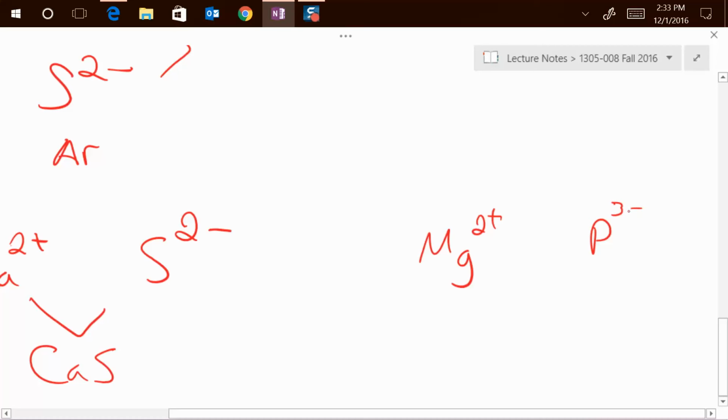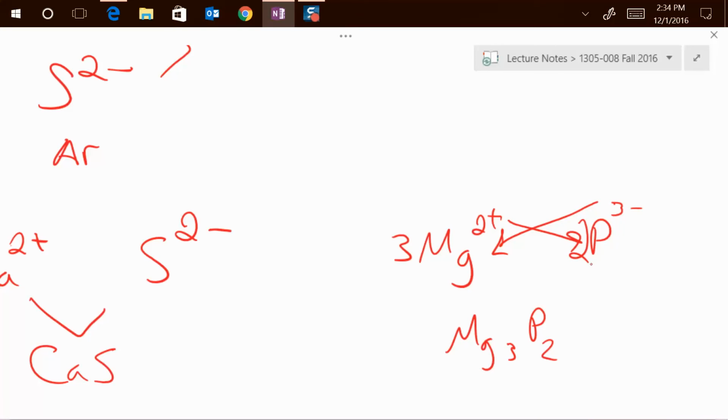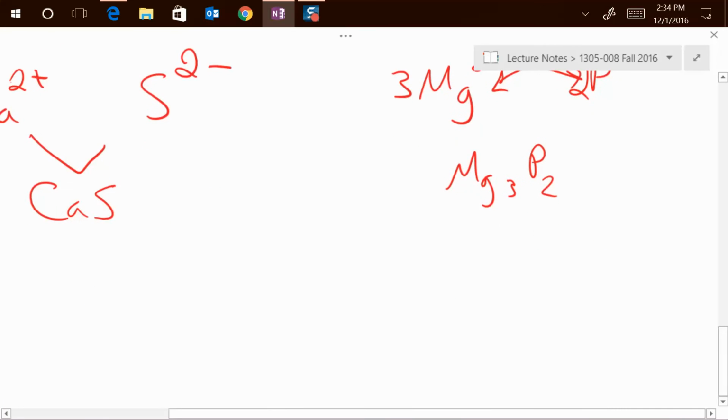What's the formula? I need 3 magnesiums and 2 phosphorus. Mg3P2. That's the formula of magnesium phosphide. So that's the other reason I need to be able to predict the charges from the periodic table. Valence electrons help me predict those charges for this reason. Now, if I'm naming something,